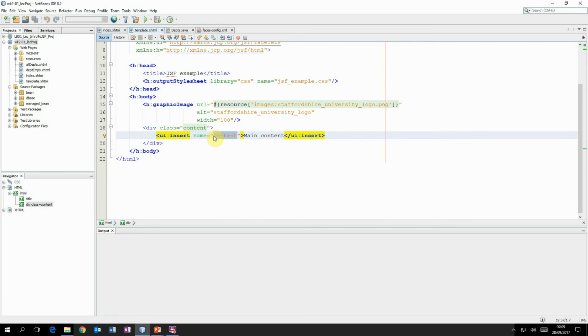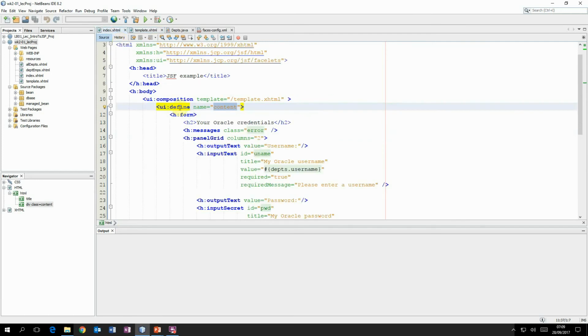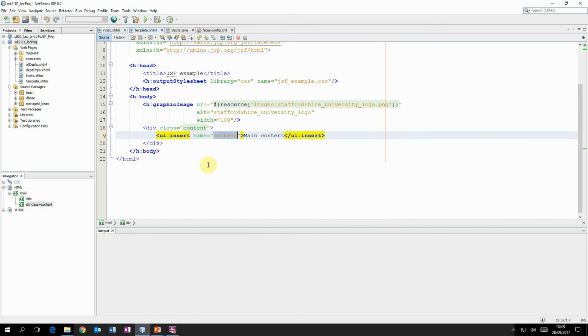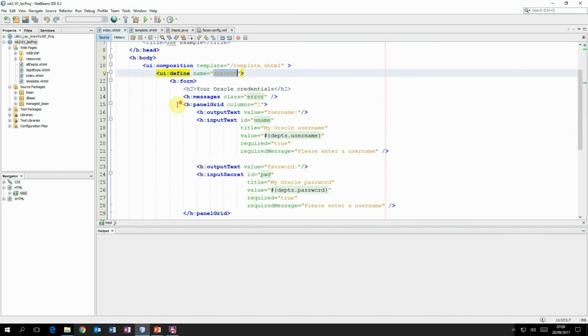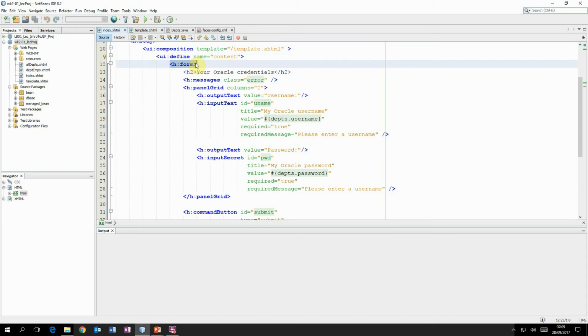So whatever is defined in here as content will be inserted into this layout at this point. Now we find here a form tag, and within the form we've got all kinds of things. I'm going to highlight only a couple of things. If ever you want to output some value, in this example a literal value, then you can use the HOutputText